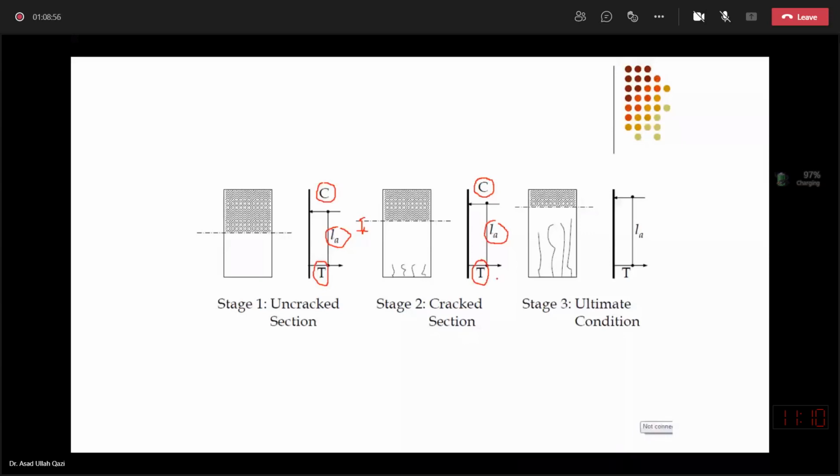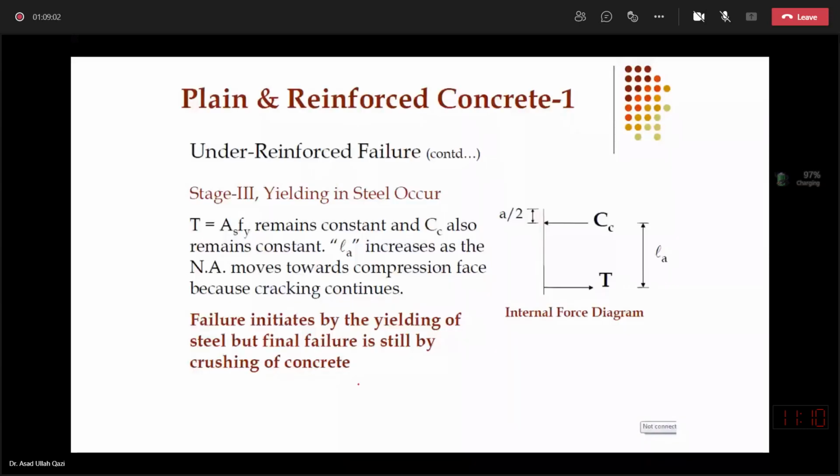With further increase in the load, yielding in steel will occur. So it means now the magnitude of force will become constant, and since T is AsFy and T is equal to Cc, Cc and T will become constant, and now the only increase will be in the lever arm, because with the crack propagation upward, the lever arm will still get